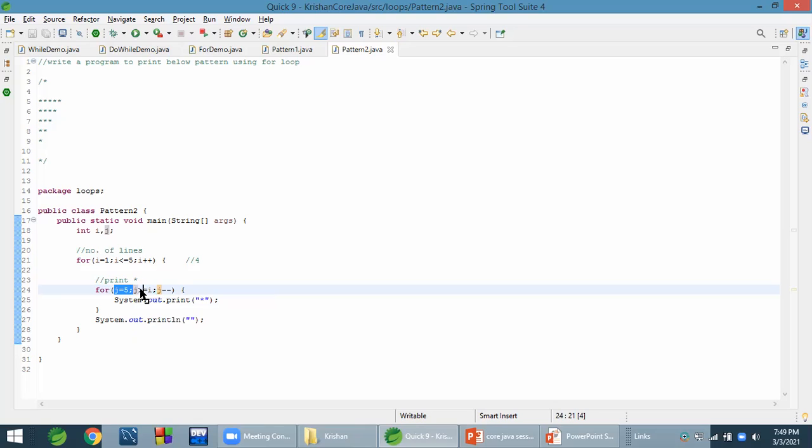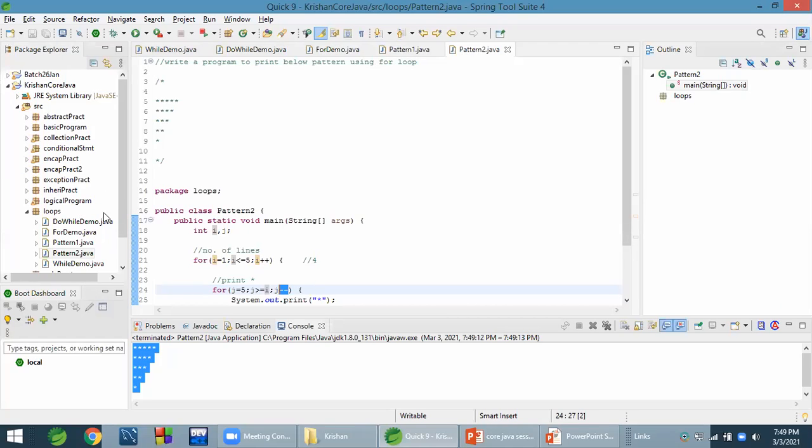Here we are writing the condition 5 is greater than 1. That's why it executes 5 times. But to avoid it going into an infinite loop, here we need to decrement it. Okay, so is this understood? Any doubts in this?